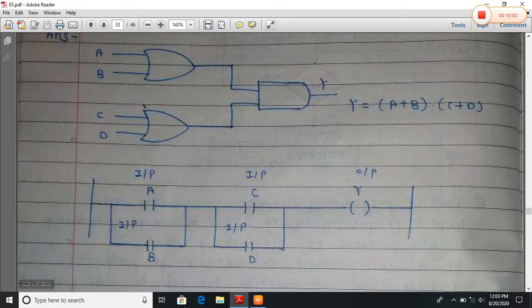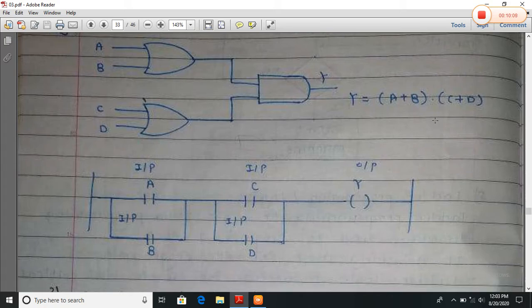Here A plus B in the ladder diagram, here C plus D, and the multiplication of this block and this block, and the output Y is equal to (A plus B) into (C plus D).